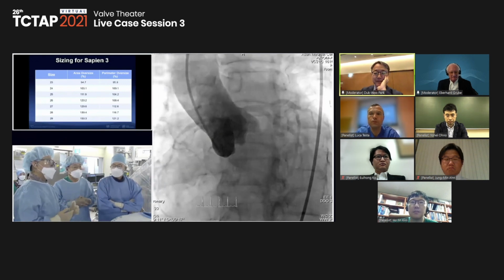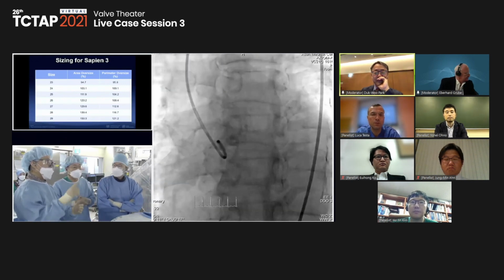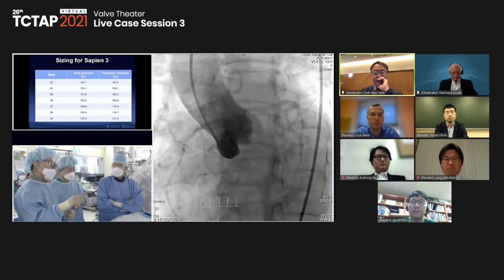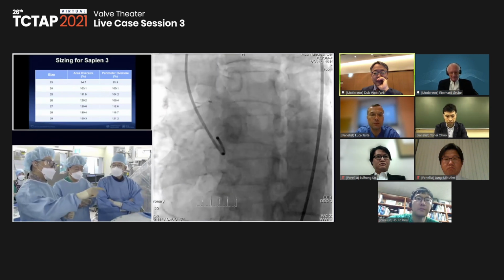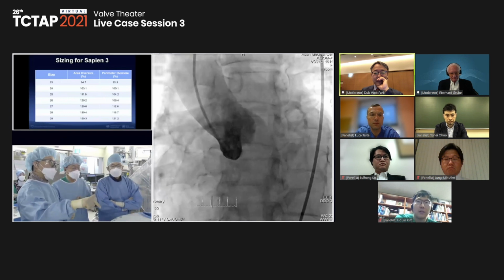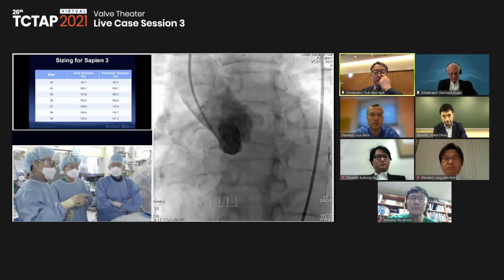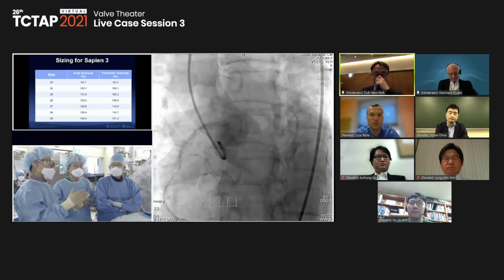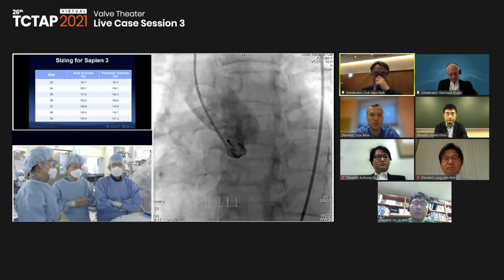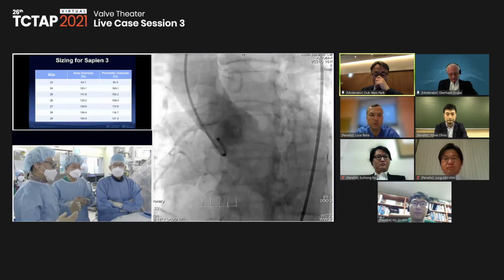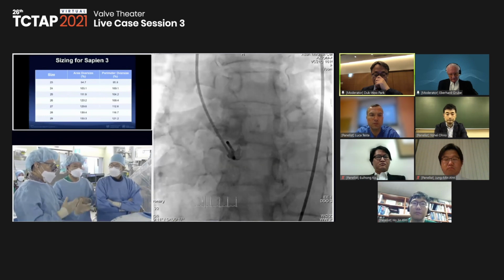A couple of weeks ago, we experienced a catastrophic case. At that time, the patient's creatinine was 3.0. We could not do CT scanning, so we decided to use trans-esophageal echo sizing. Even though we used 3D trans-esophageal echo, the sizing did not match. The patient had some root injury. So nowadays we do